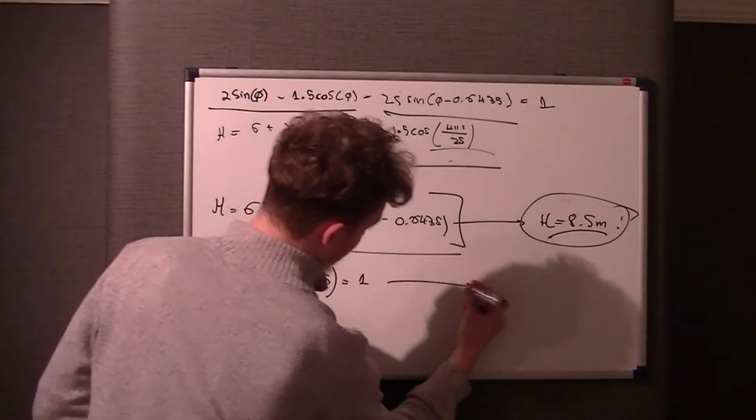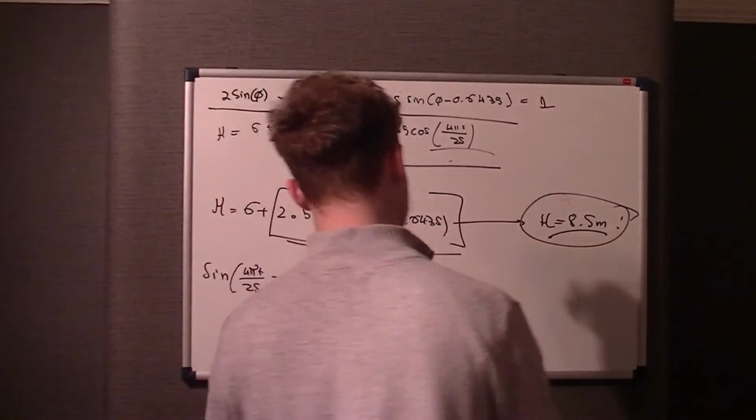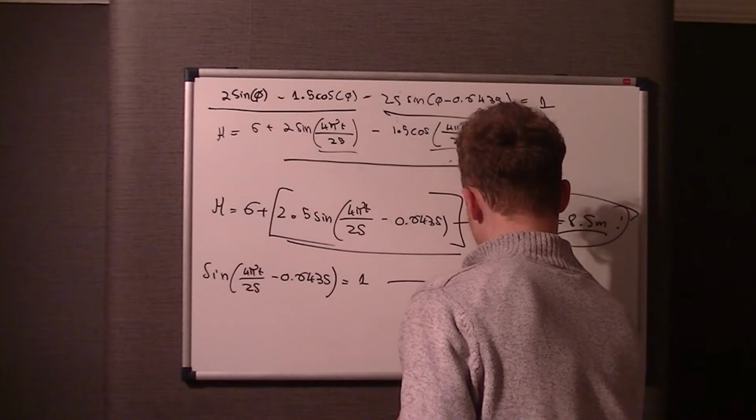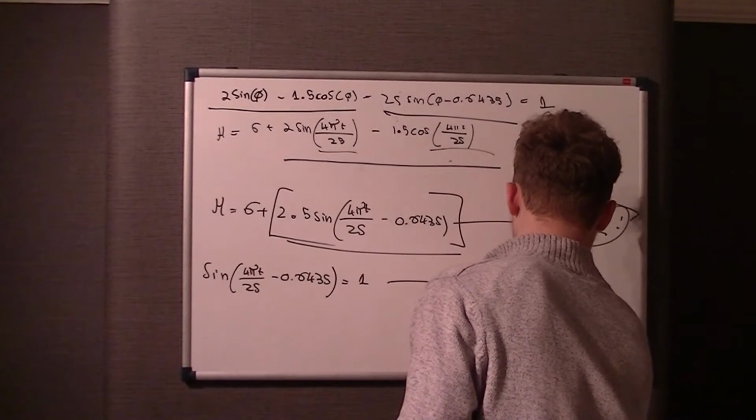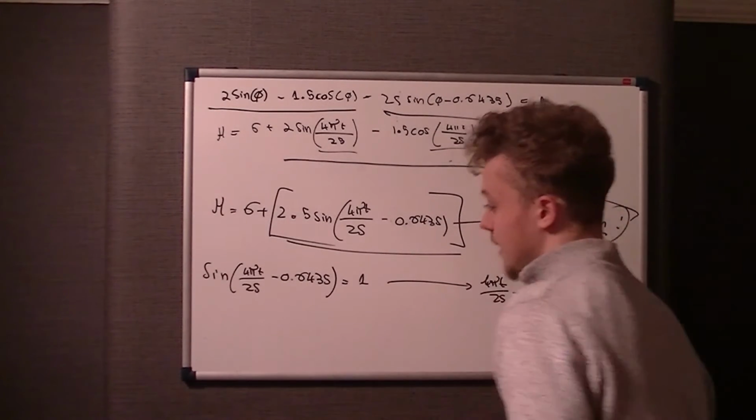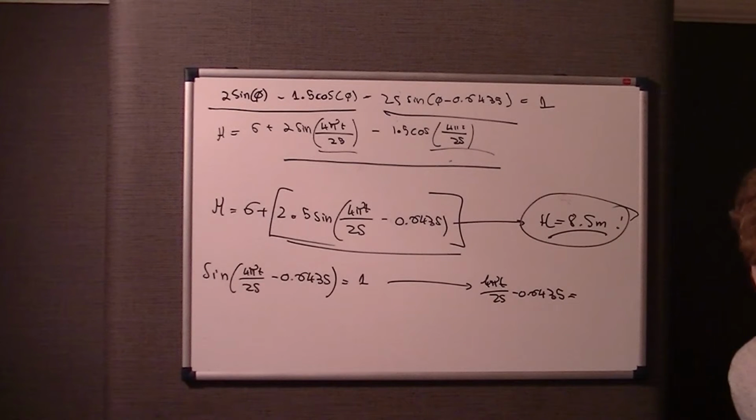So quite clearly what you do is you do the sine inverse of both sides, therefore you get 4 pi t over 25 take 0.6435 is equal to the sine inverse of 1, or in other words, it is equal,